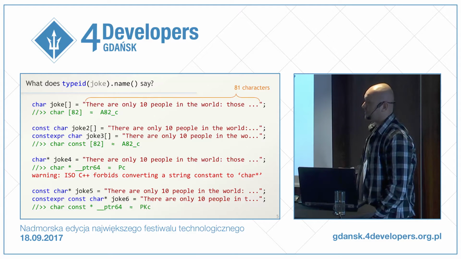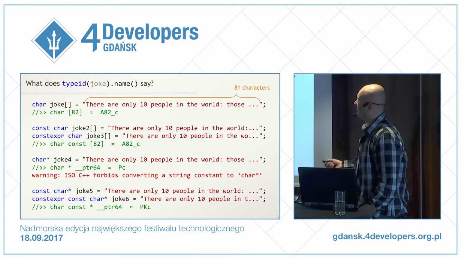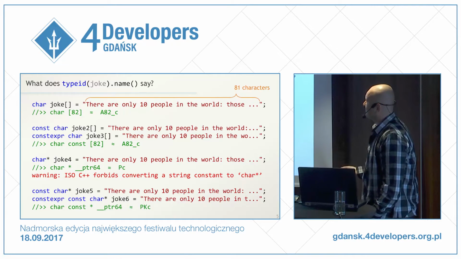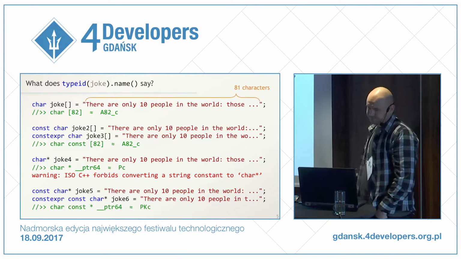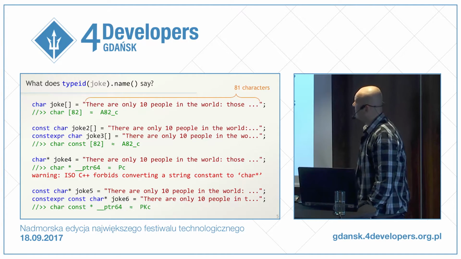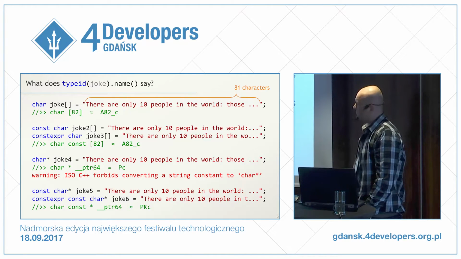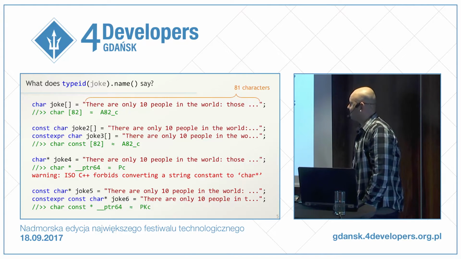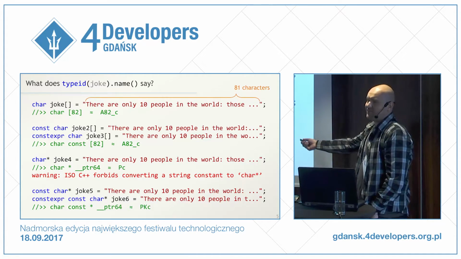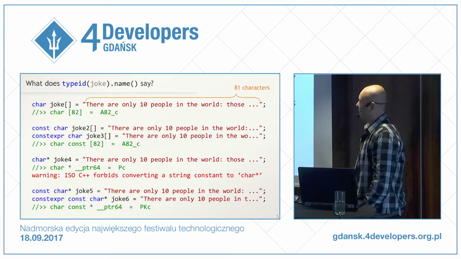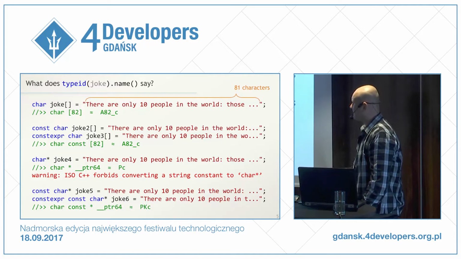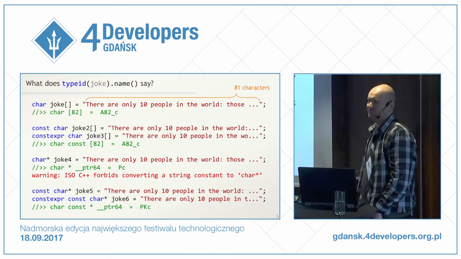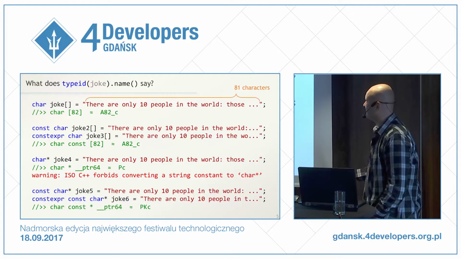We can do something like this. Those arrays can be const or constexpr. The situation is pretty similar. Can we do something like this? That is, store it as a char pointer. Well, we can compile it somehow, but it will produce a warning for some reason, because it's basically deprecated. We shouldn't do it.